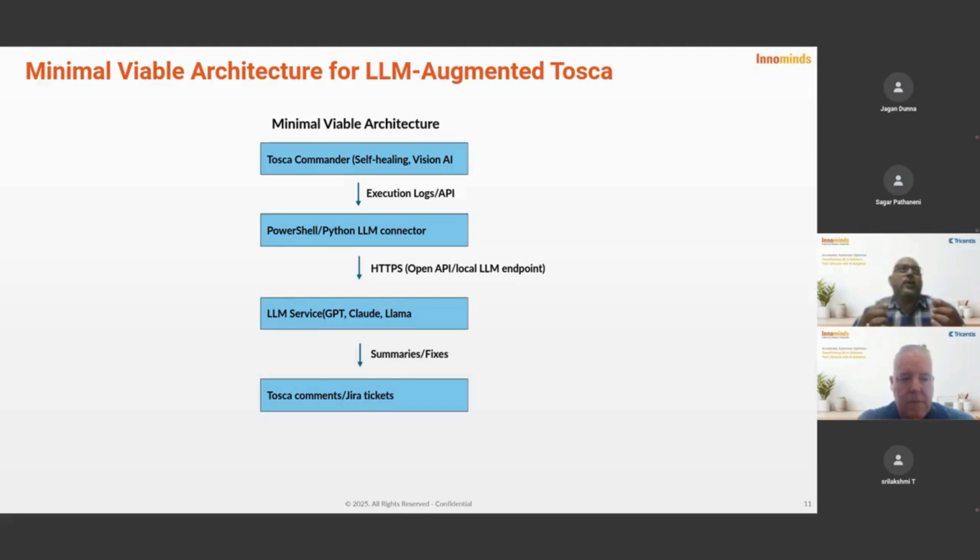So if some test case has broken, what fix was applied, whether the agentic AI feature, self-healing, or Vision AI was applied, what really worked. Tosca also does provide a confidence score. So we would clearly state them in a plain English statement, a simple document, which would give solid evidence of what actually happened by polishing the logs.